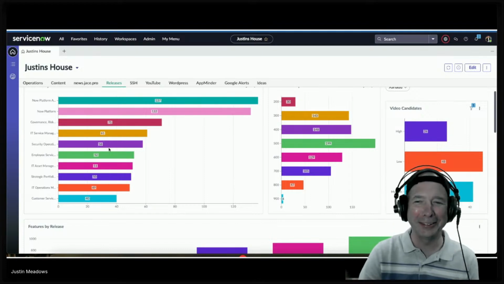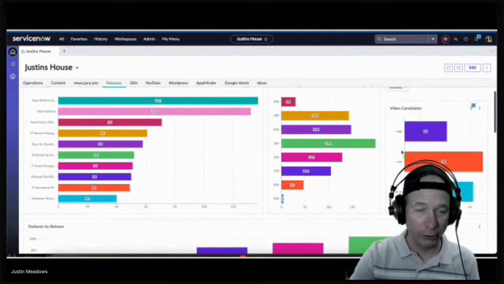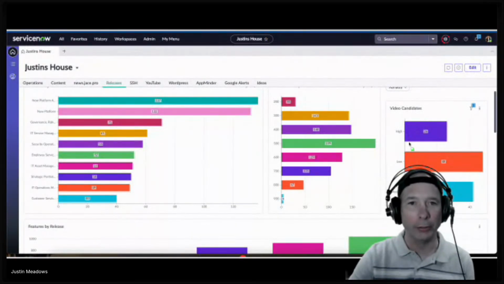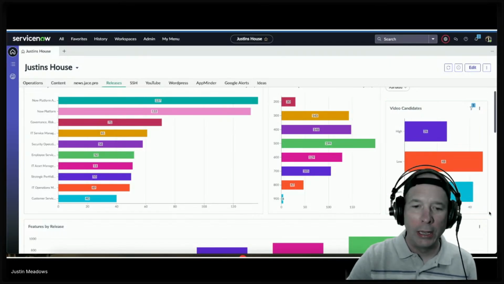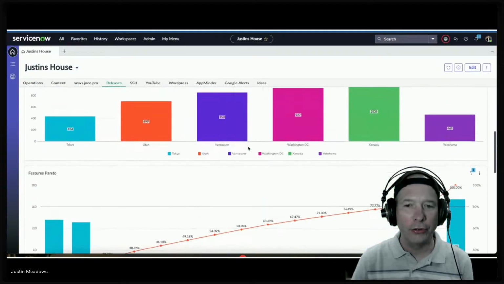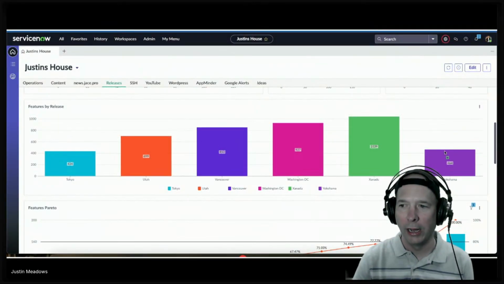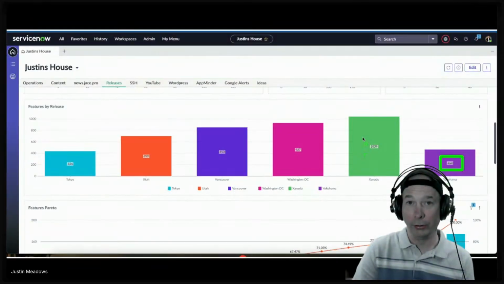Click that twice. Then I'm also looking at video candidates as part of this. What you're going to see today is my actual review, and I'm categorizing what might be a potential video candidate over here on the right-hand side behind my head. Down below that, I can then track how the features are stacking up by release. So you can see I'm less than halfway through Yokohama,